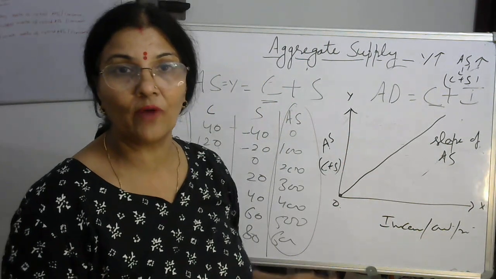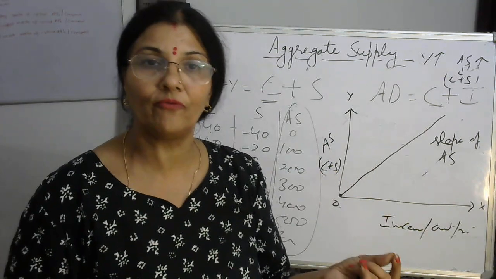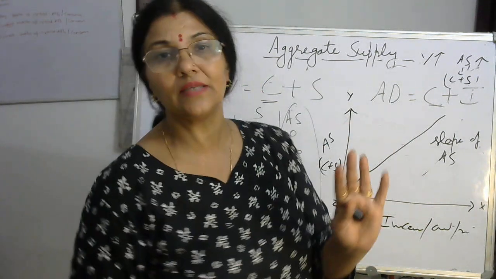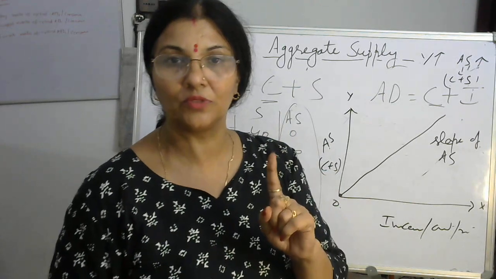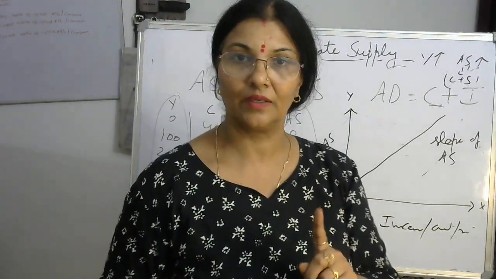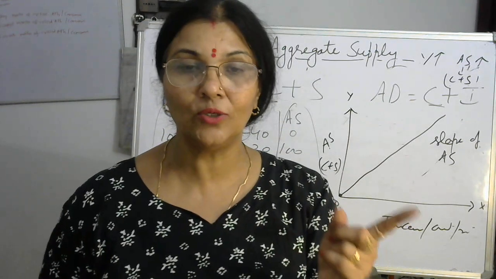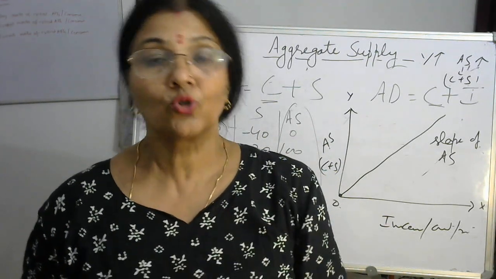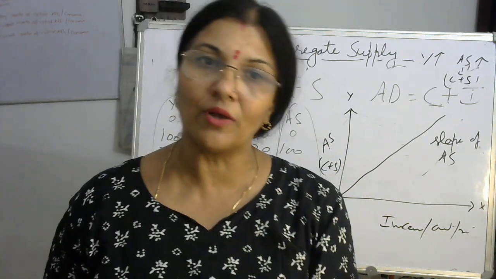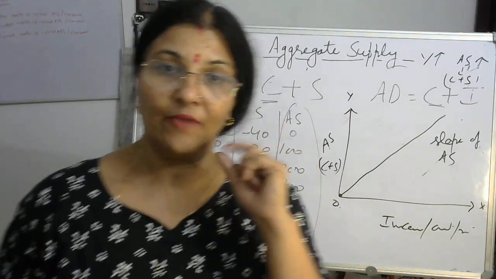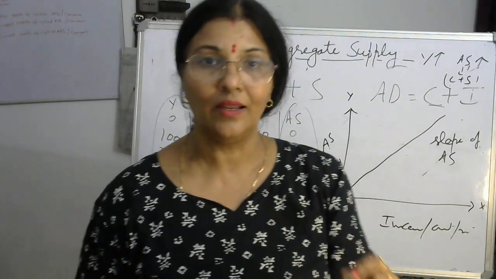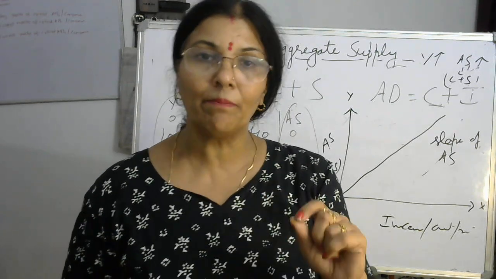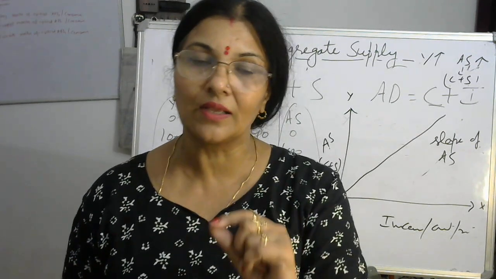That is slope of consumption plus slope of saving, right? And because of constant MPC assumed by Keynes, I already explained to you, MPC constant, which is the slope of consumption, so slope of saving also will be constant. If MPC is constant, 1 minus MPC is equal to MPS. So 1 minus 0.8, always it will come 0.2.